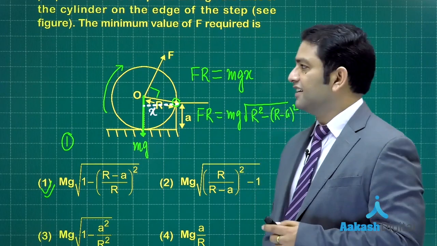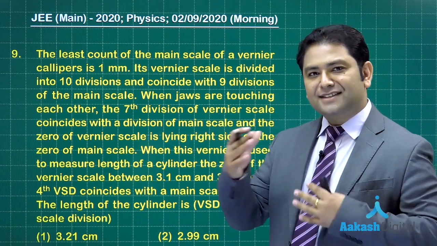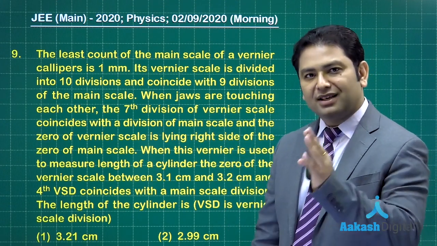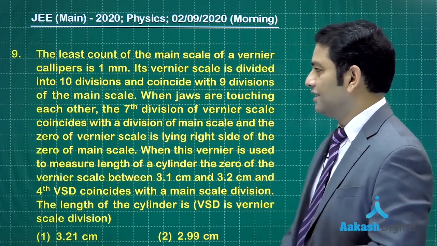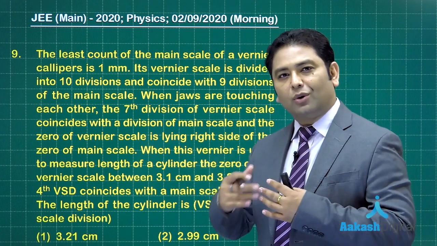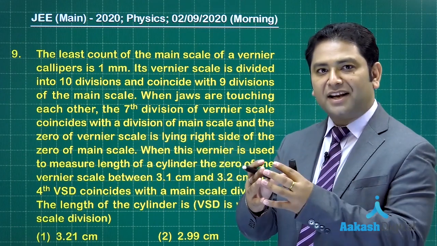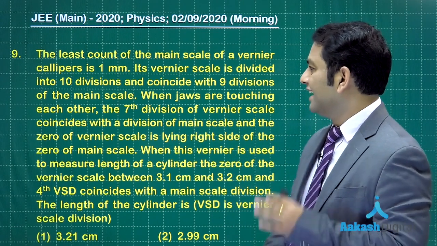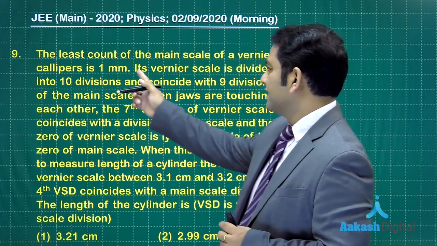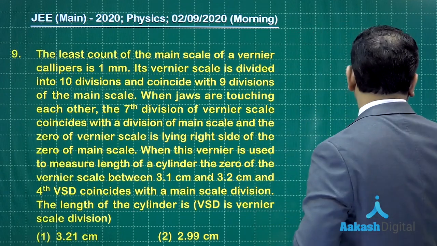Let's go for the next. The 9th question. A regular trend and an estimate is that from the topic units and measurement, we generally get a question, and specifically from measuring devices you could see. It's a beautiful one. In fact, all possible concepts of vernier caliper have been combined to make this question. Let's see what it says. The least count of main scale is this much. So 1 MSD, the main scale division, that is 1 millimeter.